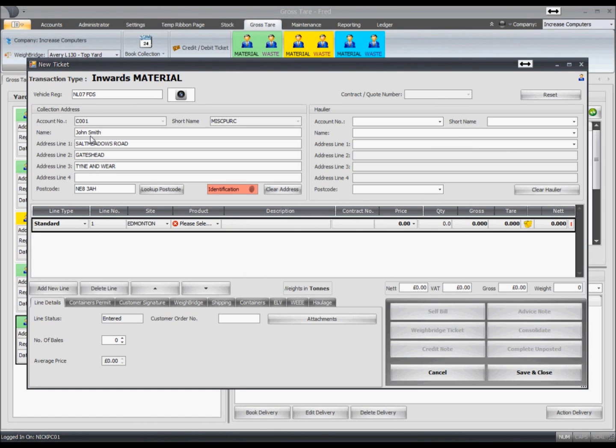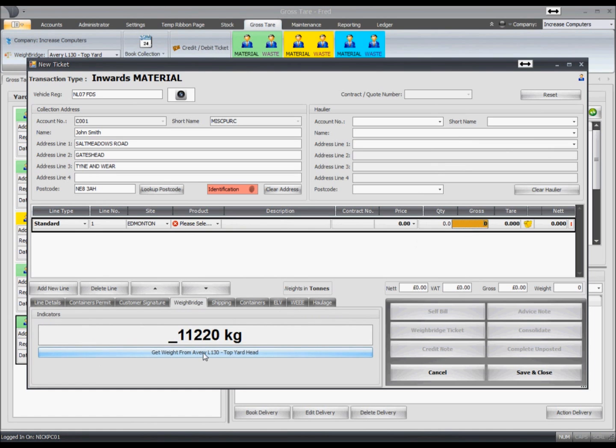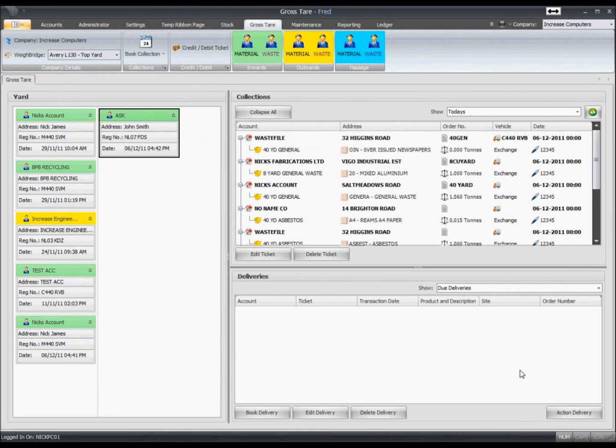And again, let's move straight to a weight. We'll leave out the product this time. Grab the weight, save the ticket, he's in the yard and he's unloading. If you want to bring the ticket back for editing purposes, to put a tear weight on and put the grade in,